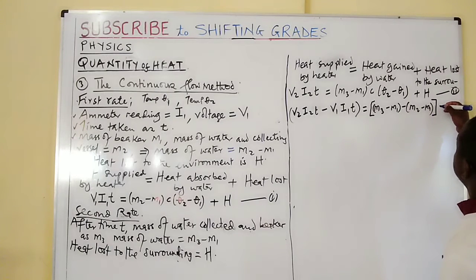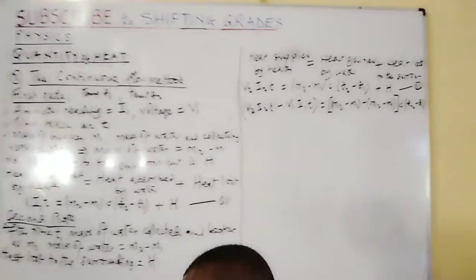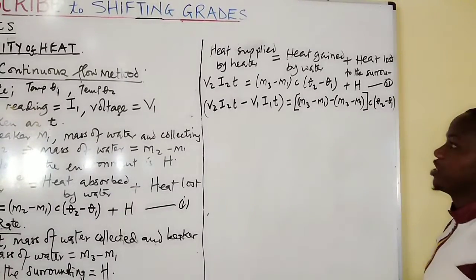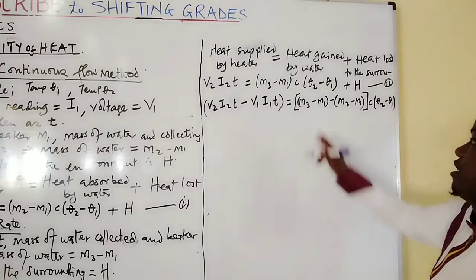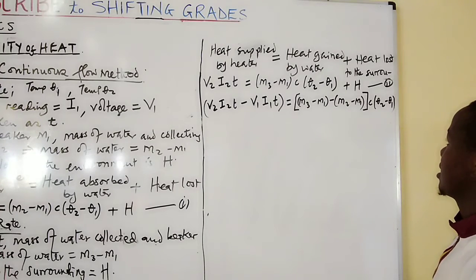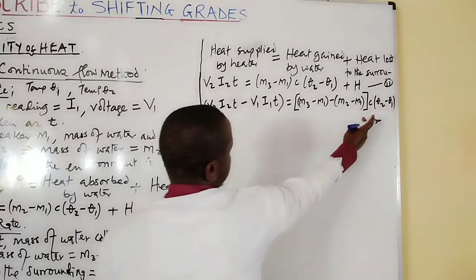all now into specific heat capacity times the change in temperature, because it will remain the same. Specific heat capacity is just the same and the change in temperature is just theta 1 minus theta 2, but these masses are different. Therefore to remain with the specific heat capacity